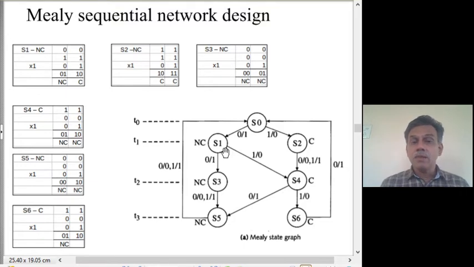Because we need to remember how many bits we have processed so far, because accordingly only we will find out whether the bit to be added is a 0 or 1. The first two bits, 1 needs to be added. In the last two bits, a 0 to be added. For that we need that information. And finally, after the entire 4 bits have been added, we have to go back to the initial state. For all these things, that information is required.